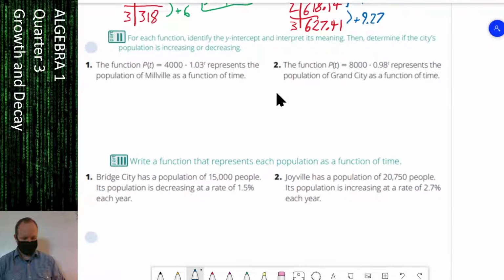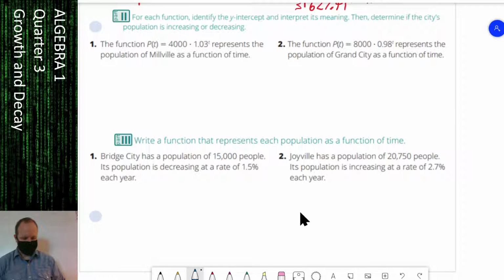We're going to go ahead and do part 2 together. Let's see here. For each function, identify the y-intercept, and we have to identify its meaning. Determine if the city's population is increasing or decreasing. So we're given an exponential function,